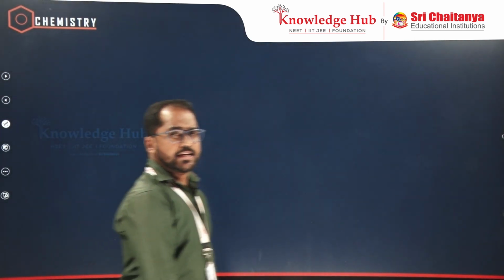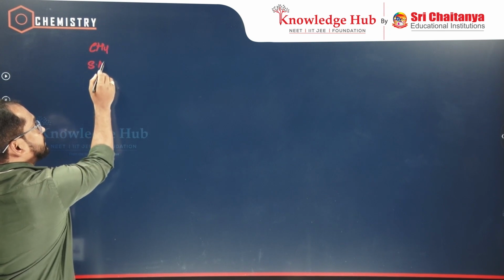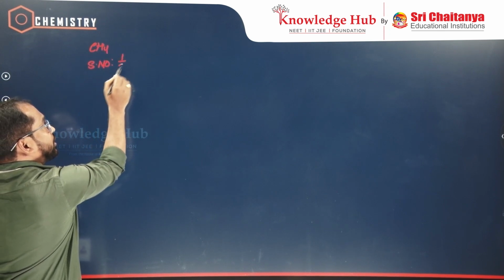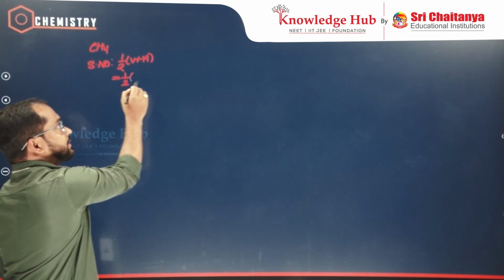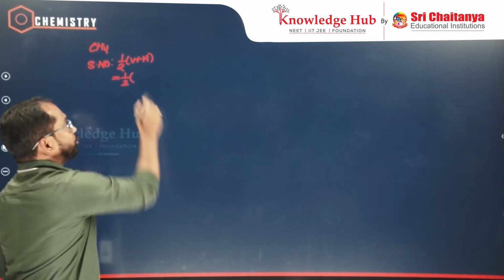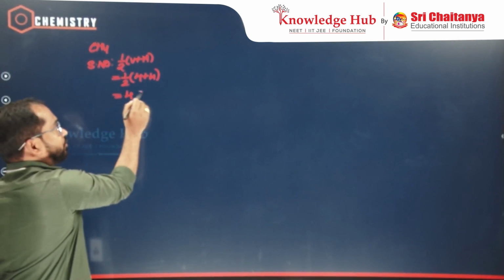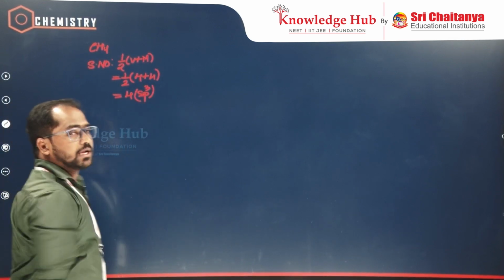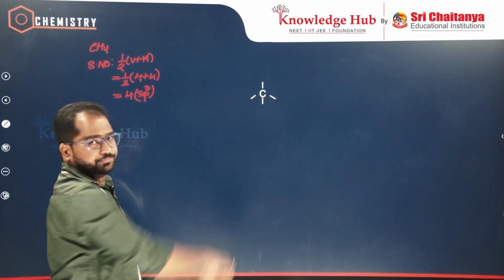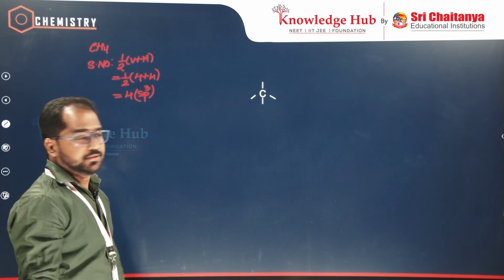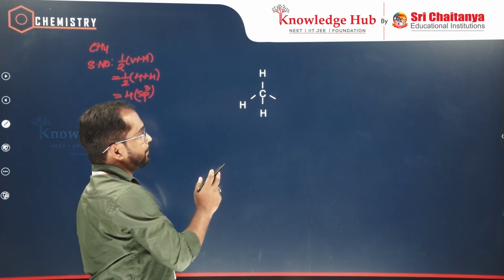By taking very simple basic examples, we can identify the steric number. Let's consider CH4. The steric number is going to be half of V plus M as it is a neutral molecule. So the central atom is carbon. How many valence shell electrons? 4. How many monovalent atoms? 4 hydrogens. So 4 is the steric number, which indicates carbon has sp3 hybridization. And this is how the geometry looks. It is tetrahedral. So we need to keep all 4 positions with the 4 hydrogens.